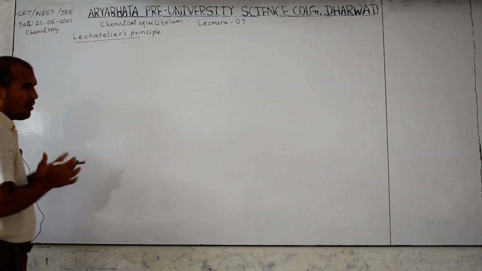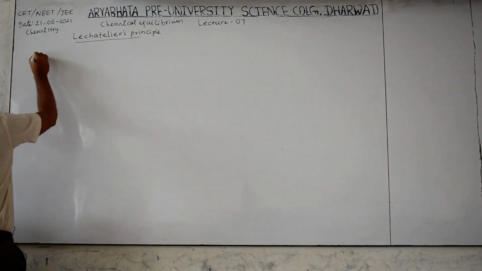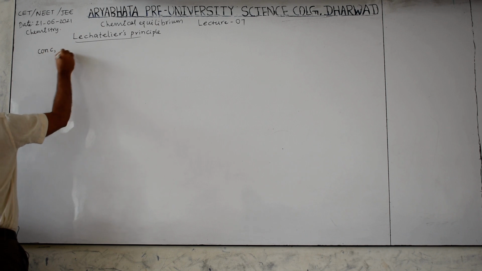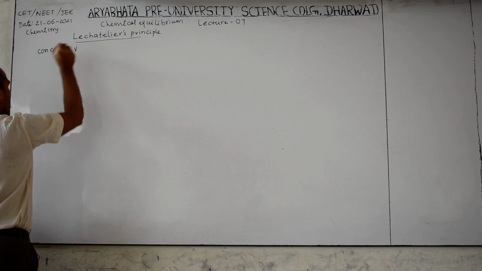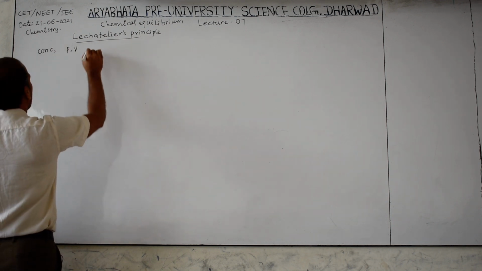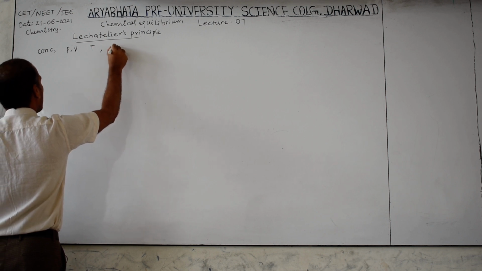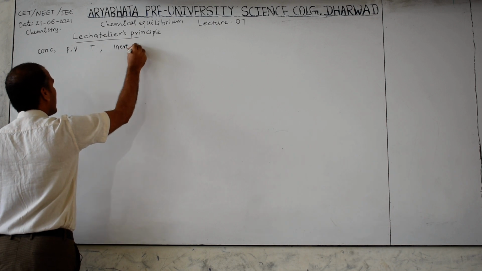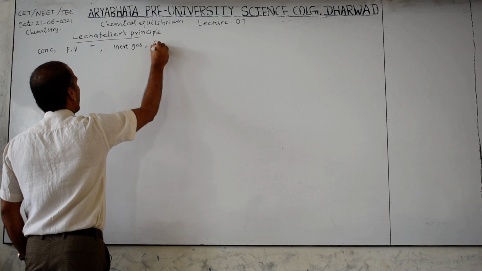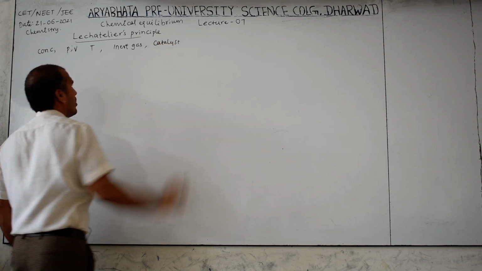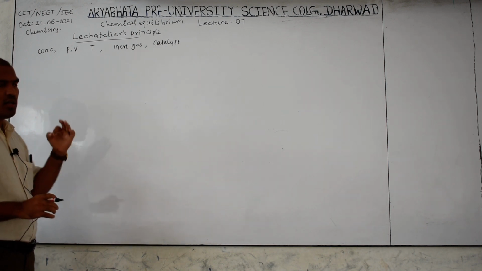Okay, so the definition may not be asked in competitive exams. Based on this they will ask what changes we can make. One is concentration, another is pressure or volume, both affected at one time only. Another is temperature, another is inert gas addition, and the fifth one is catalyst. We have to check whether these affect the equilibrium position or not.